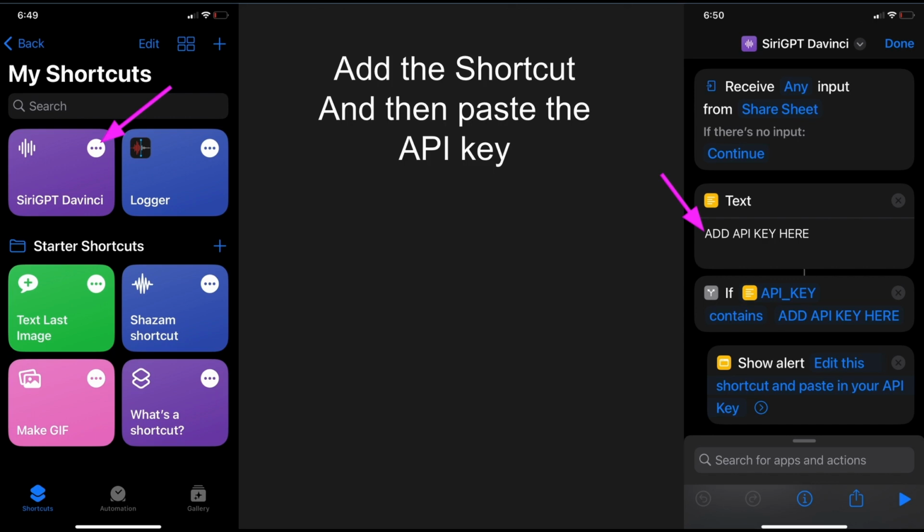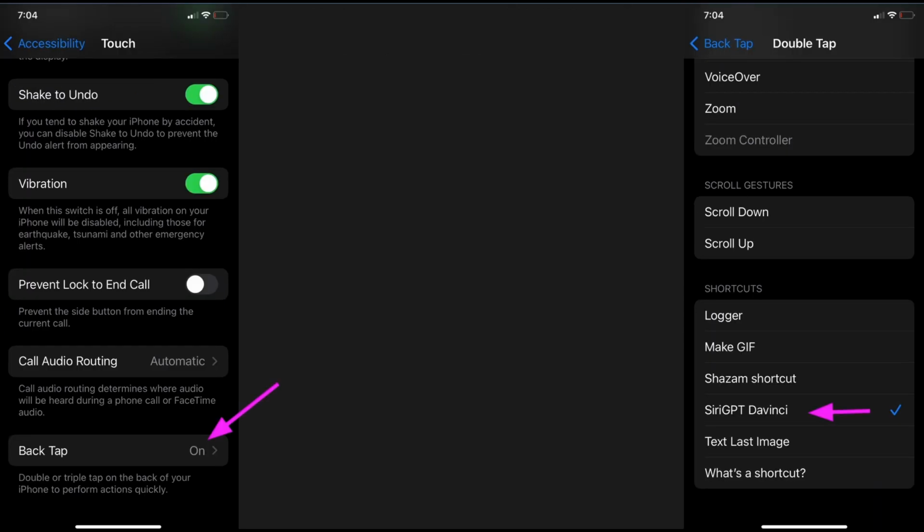You don't understand anything. But if you're driving, or if you're busy and you don't want to type, this is a quick way to make Siri answer your questions. And if you want to make it even faster to access, for example not to say the name, you can go to your settings, accessibility, touch, and then the last one here is back tap. This is for iPhone, of course. I'm not sure what the similar flow is for Android, but you can program it. If you double tap the back of the iPhone, it will activate Siri GPT, and it's a fast way to do something.